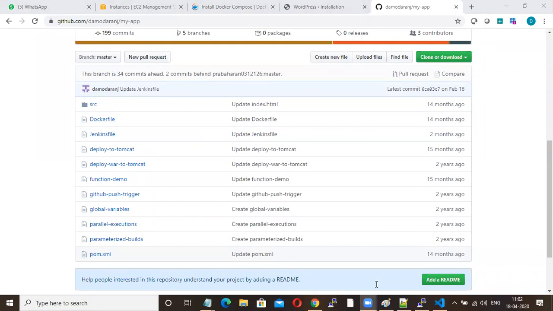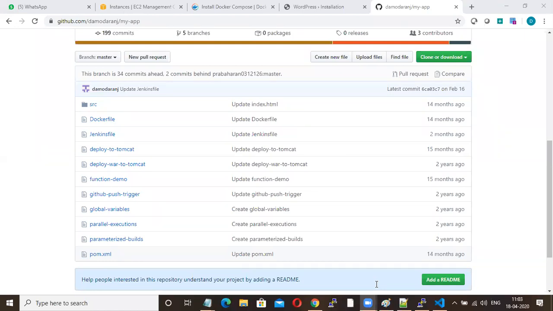Now I have used only one machine type, but in real time, there is the cluster concept, which can be done in two ways. One is Docker Swarm, another one is Kubernetes. You are maintaining a cluster environment for your Docker. Kubernetes and Docker Swarm are both orchestration tools.